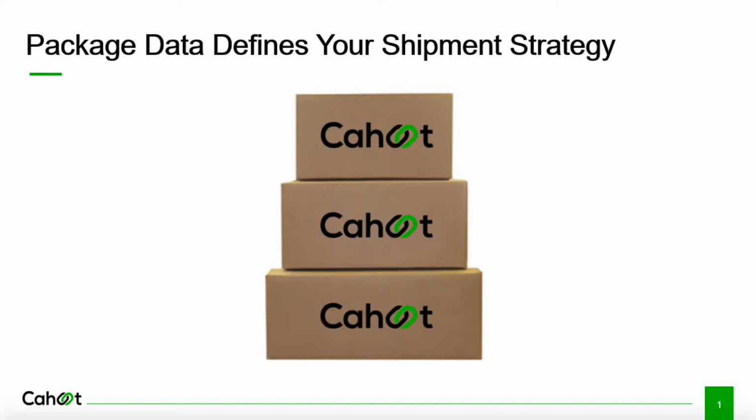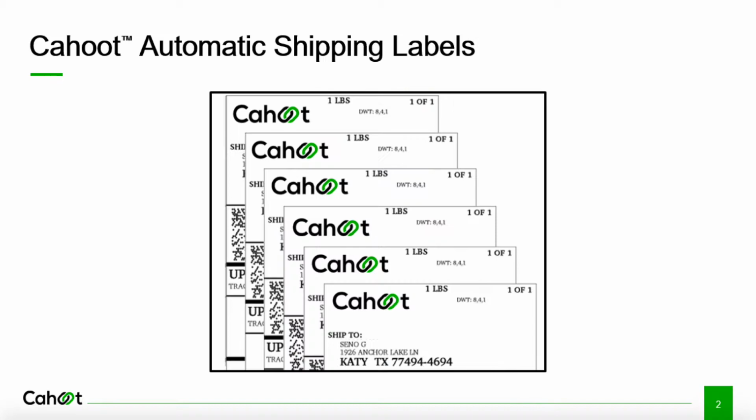When one of your orders is assigned to a shipping partner for fulfillment, Cahoot needs to create a shipping label from their location to your customer. The partner doesn't know how you would ship your SKUs, which packaging is best to deliver your inventory safely, what dimensions or shipping weights to use. So Cahoot uses what we call package data to take the thinking out of shipping label creation for you and your partners. And it's what allows us to create the very best shipping labels for your shipping partners automatically every